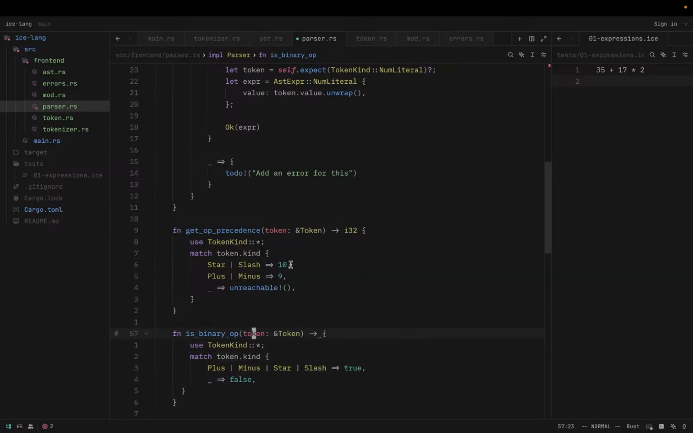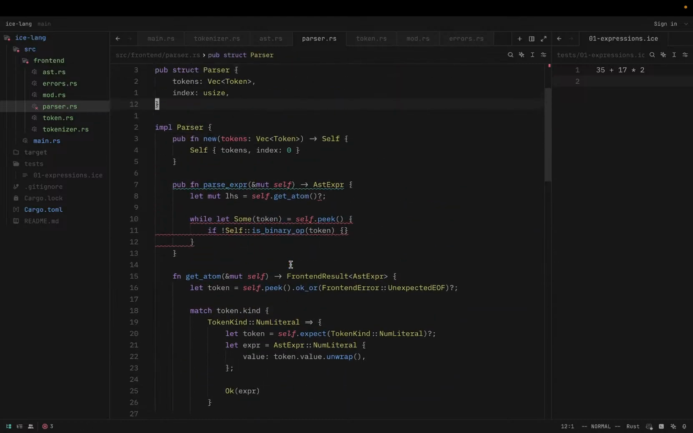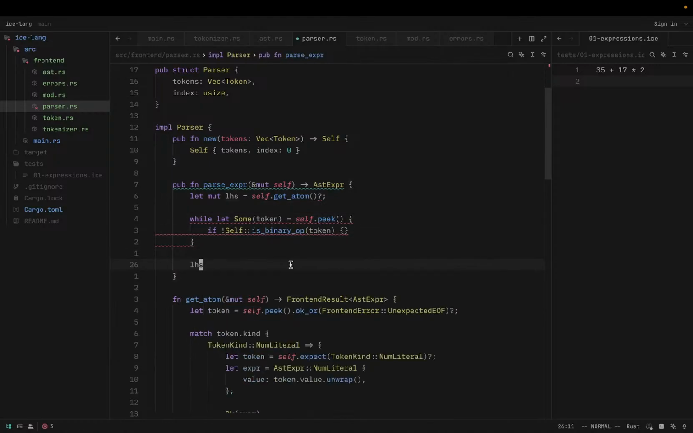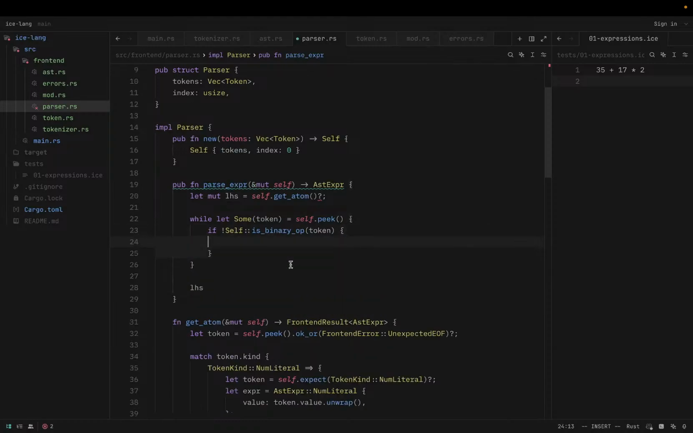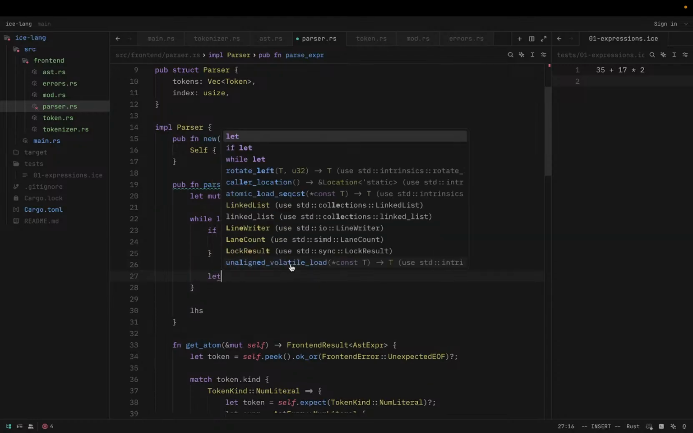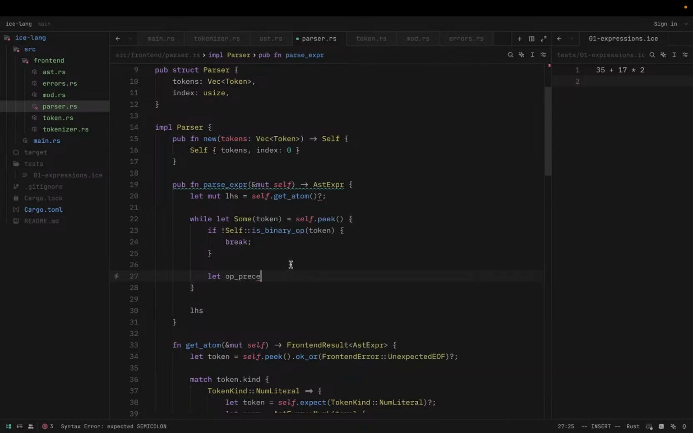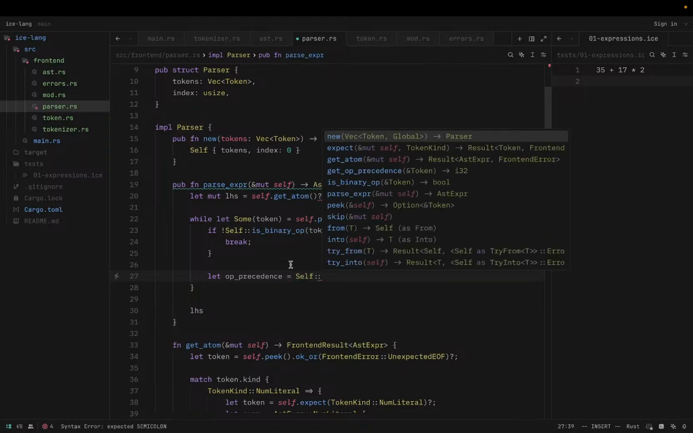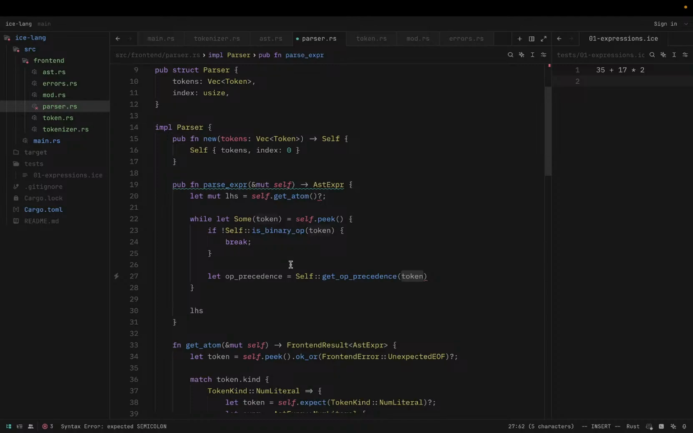And of course here I need to say it returns bool, right? So we can go up here and we can say LHS, and we will say if it is not a binary operator, then we can just break. Now we can say let operator precedence is self get operator precedence on this token,